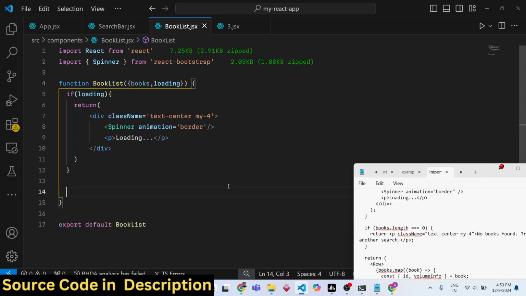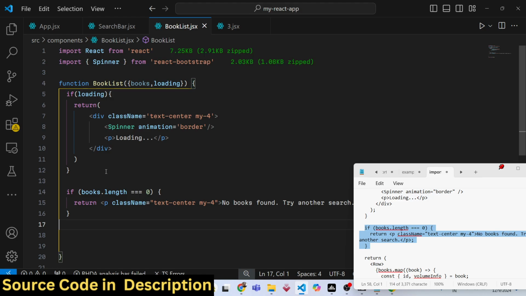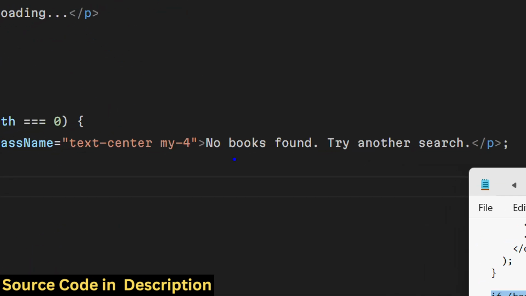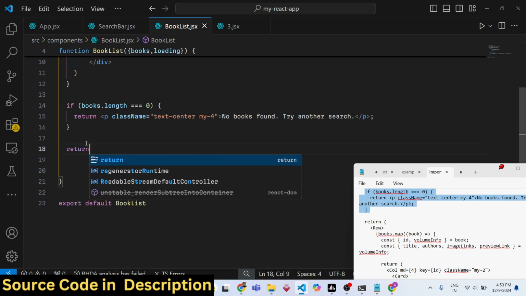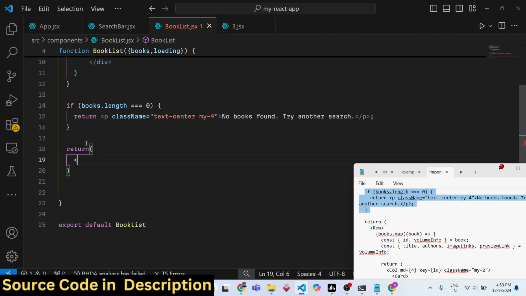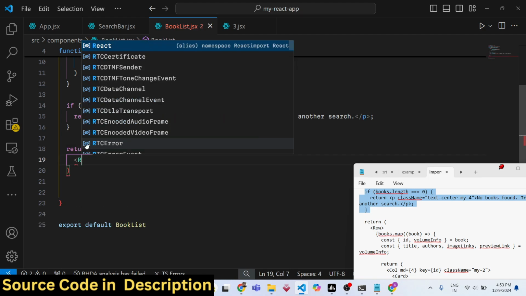So right here inside, if the book's length is 0, in that case we'll show no books is returned to us. So you'll simply say no books found, try another search. So now we'll show the JSX if the books have been there. In that case we will return,